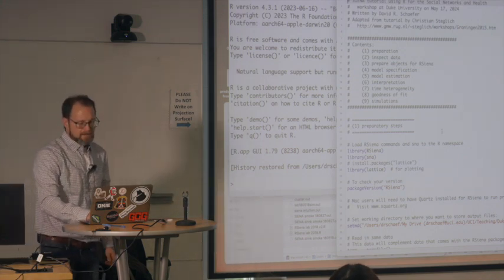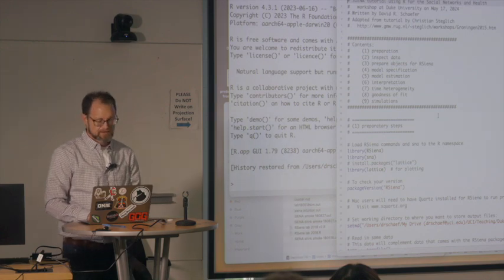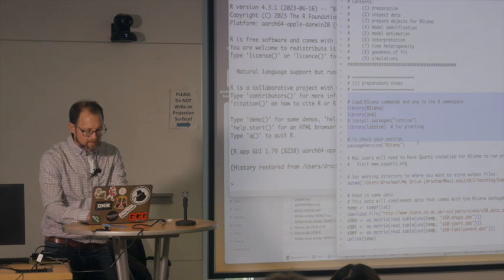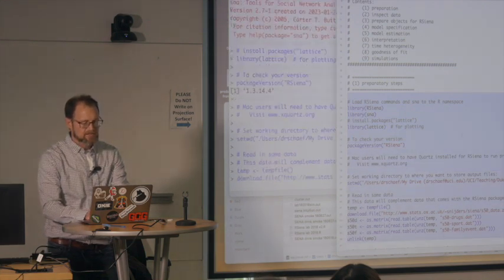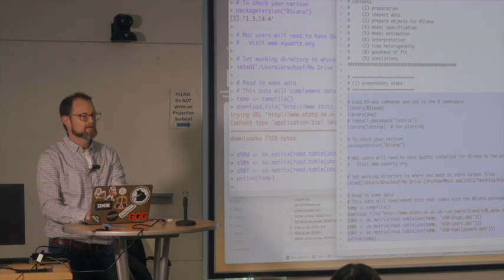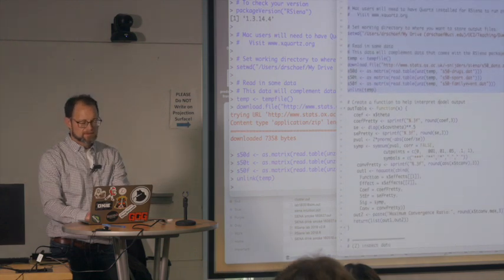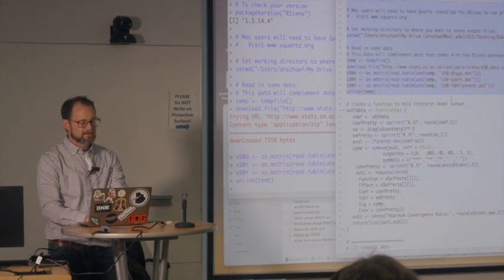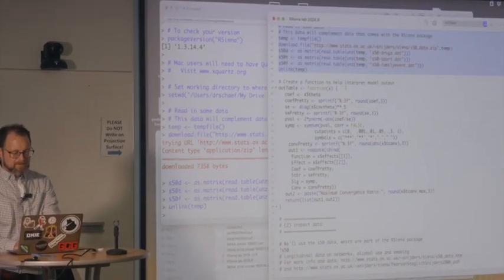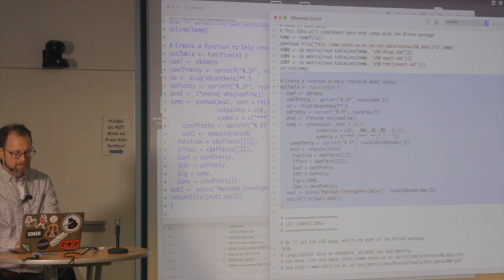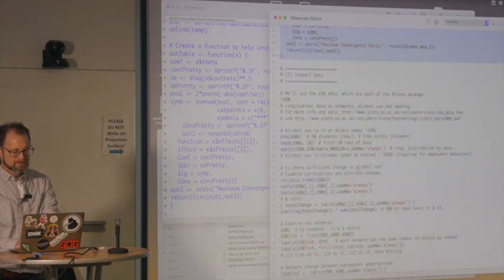So, all right, hopefully you've got the script open. I'm just going to get it going here. So we're working with a smaller set of data that comes with the SIENA package. These are 50 Scottish girls who are learning about smoking and drinking, and so they're learning from each other. Not to spoil the punchline here, but